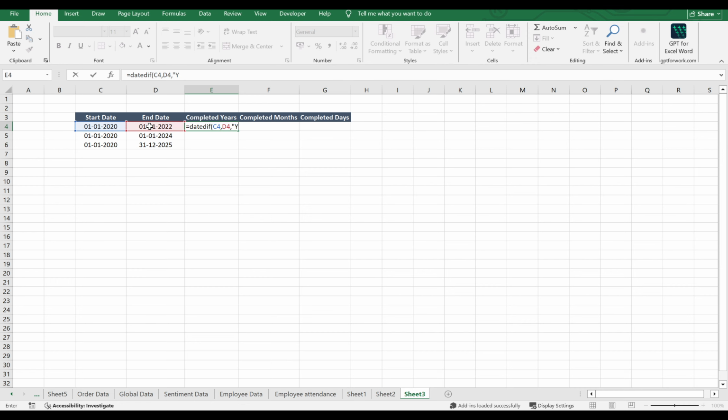Let's walk through examples for each. Imagine your start date is in cell A2 and your end date is in cell B2. To calculate the difference in years, click into an empty cell and type =DATEDIF(A2, B2, "Y"). This returns the number of whole years completed between the two dates. If the dates are, say, January 1st, 2020 and March 15th, 2024, the result is 4 because 4 full years